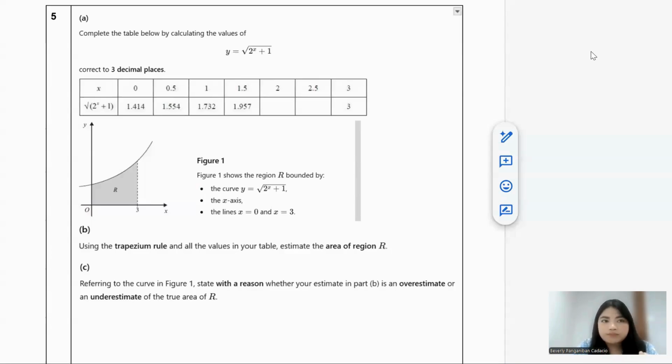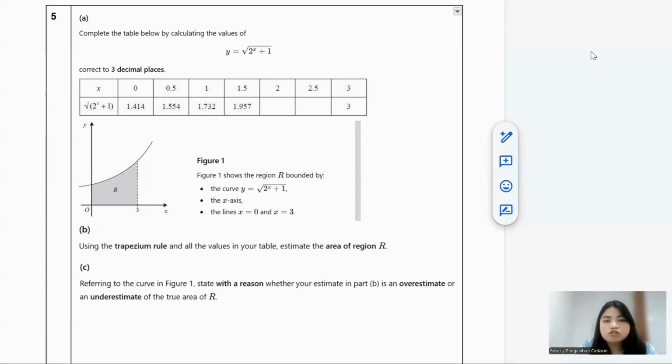Okay, now let's go with number 5, wherein the topic is under trapezium rule. It's actually one of the easy questions, but it's kind of a long method. But yeah, don't worry. You don't need to complete the table. If you still remember when we discussed it and did it in class, you needed to complete the whole table. But this one, don't worry.